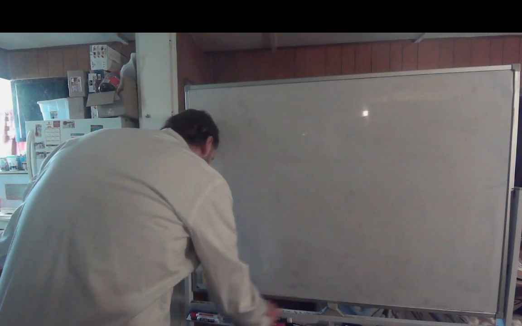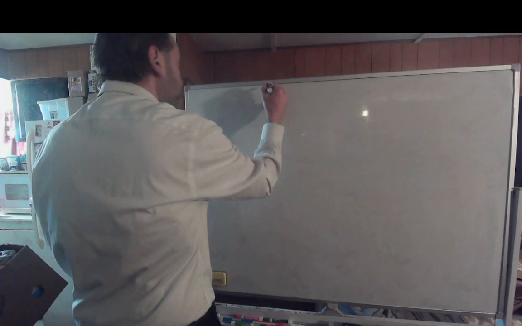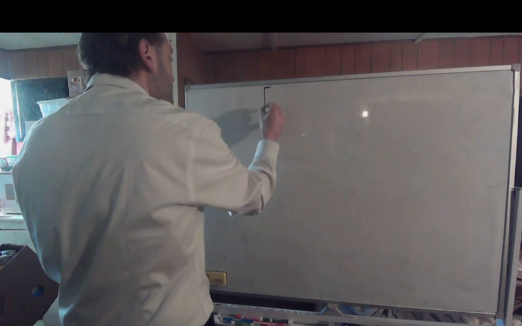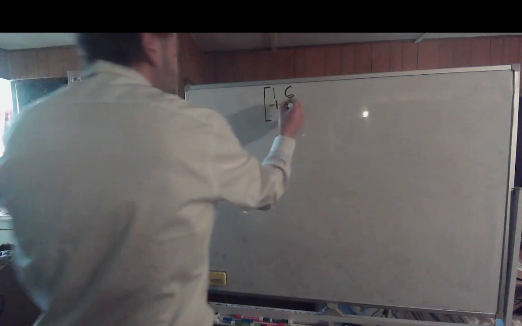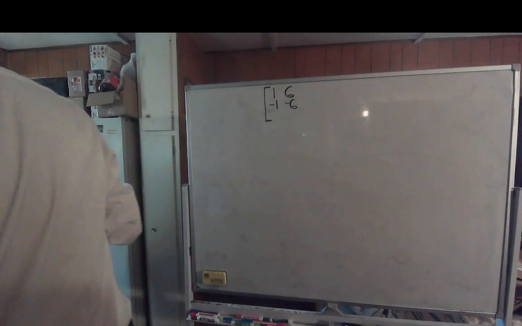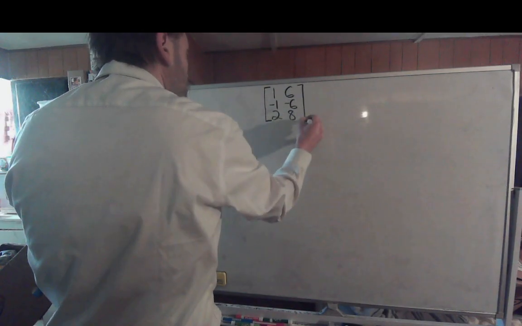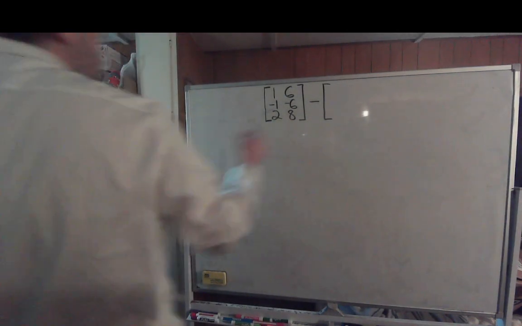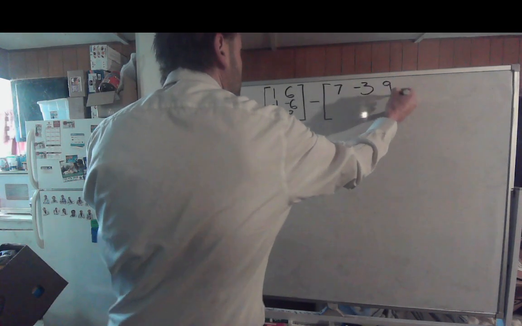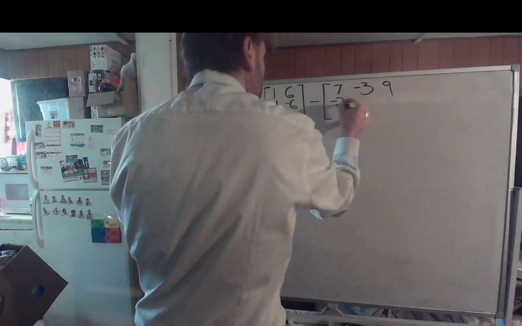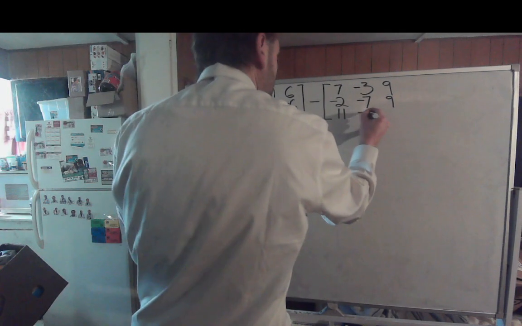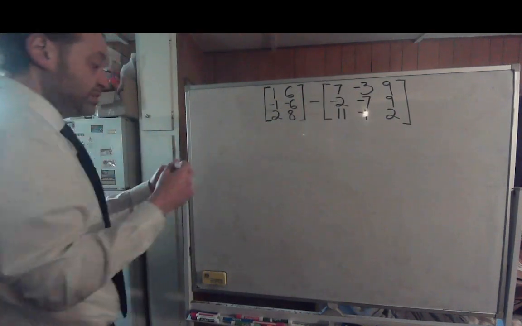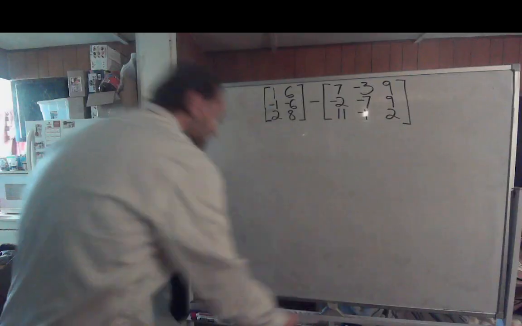One more here of simple addition/subtraction. What if we have this matrix? Actually, let's go down a little bit. This is going to be a bigger one. So we got 1, 6, -1, -6. And then we have 2 and 8, minus another matrix here of 7, -3, 9, -2, -7, 9, 11, -1, and 2. So we have these two matrices here. We're subtracting the second matrix from the first. So